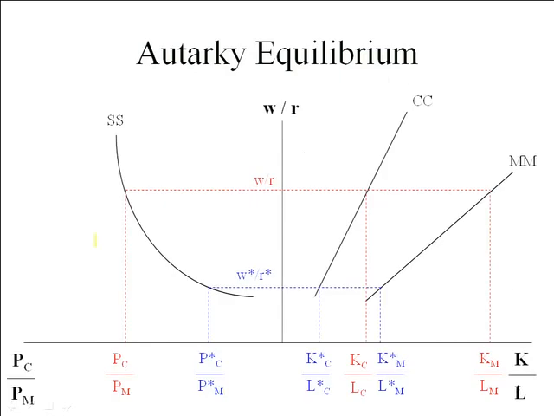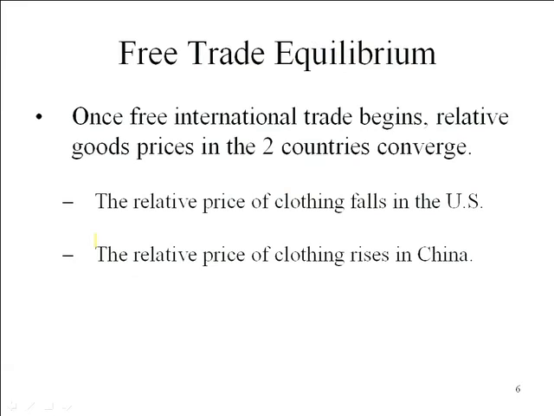So now what we want to do is think about these four. Notice we now have four diagrams for autarky: a production possibilities frontier for each of the two countries, a world relative supply and demand curve, as well as our Heckscher-Ohlin diagram. So now we want to ask what happens when we open up the economy to international trade. Well, as we saw with the Ricardian model, when we open it up to international trade, there will be a